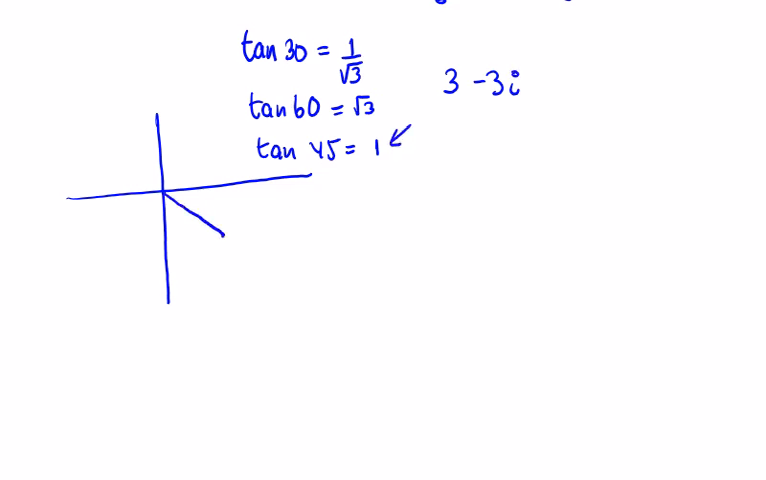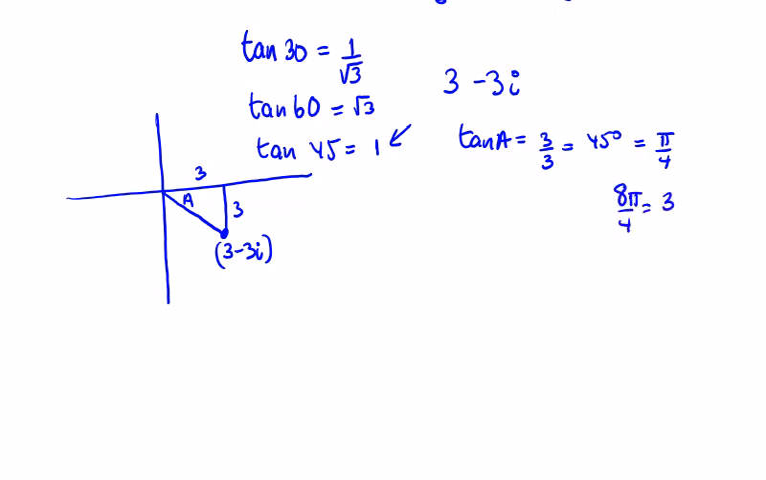So just put it into the sector. We're going out 3. We're going down 3. 3 minus 3i. So I have A inside the triangle. So it's going to be 360 minus A that gives me my angle. So the tan of A is equal to 3 over 3, which is equal to 45 degrees, which is equal to pi divided by 4. So how many pi over 4s are there in a full 360? Well, 8 pi over 4 is 360, which is 2 pi. So we need to take away 1 pi over 4, so we're going to get 7 pi over 4 as